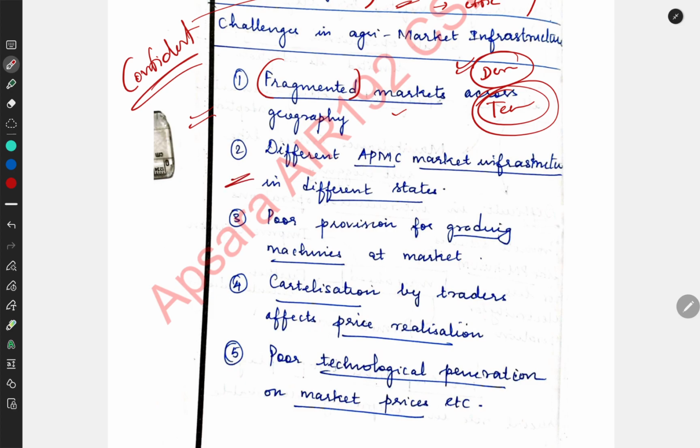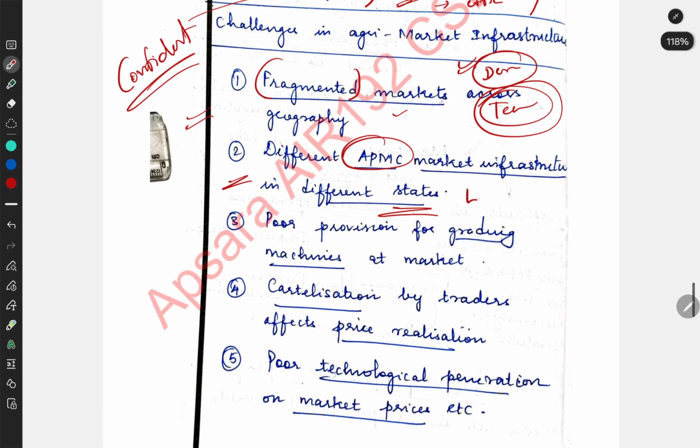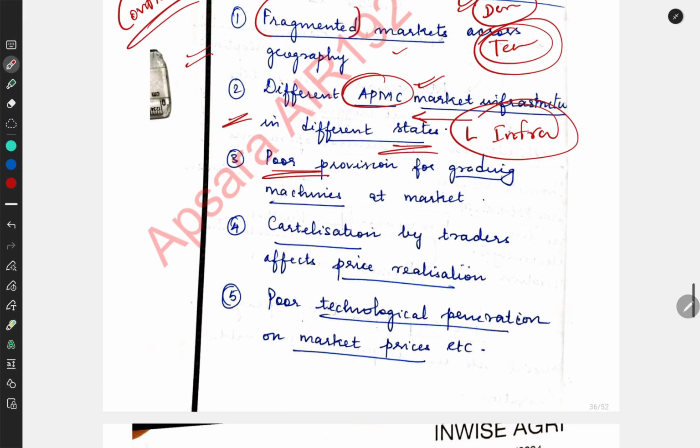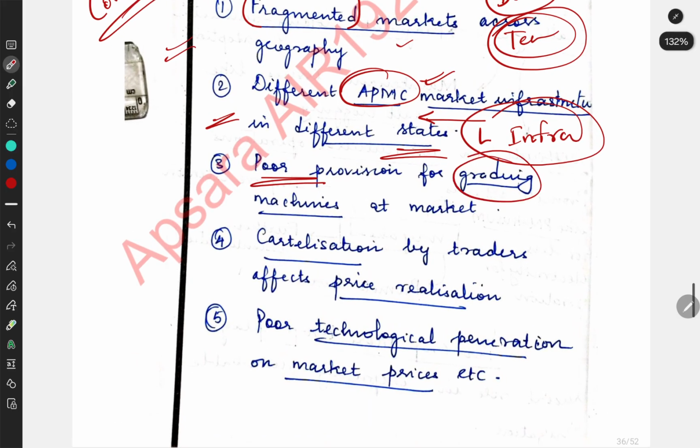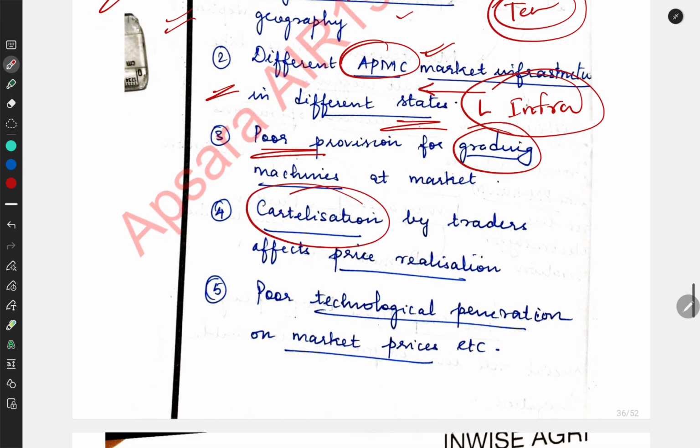Then next come to the different APMC market infrastructure in different states. What the normal students will write is lack of infrastructure. This is the point they will write. See here how she has written, she is using the APMC technical term, right? Then some will say that there is a poor post harvest mechanism, she will write the grading mechanism. Then use the term cartelization process,